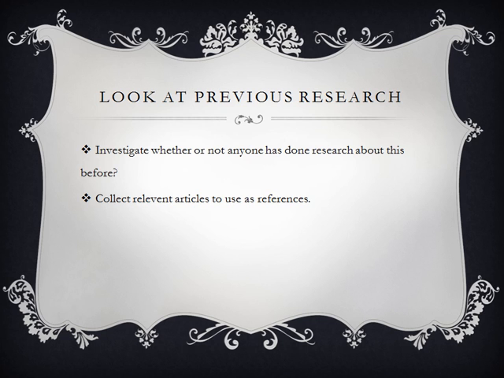So the next step is quite big. You need to collect relevant articles to use as references, because you base your paper on, well, first of all, your own results, but also on previous results, and a mix of previous and your results will be the thing to discuss at the end of the paper, how the field has developed with your paper, if it has. Well, you need to argue that it has, at least.